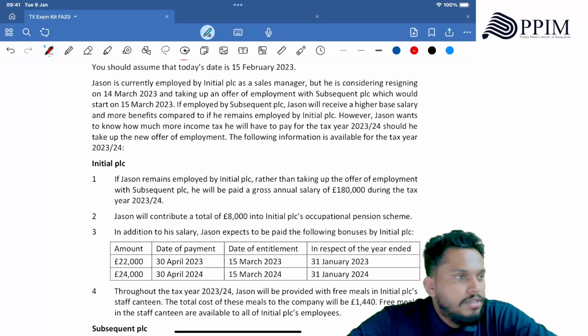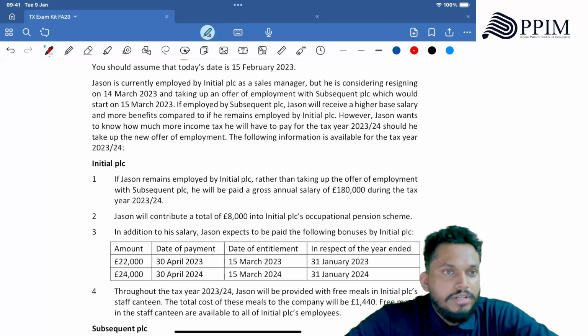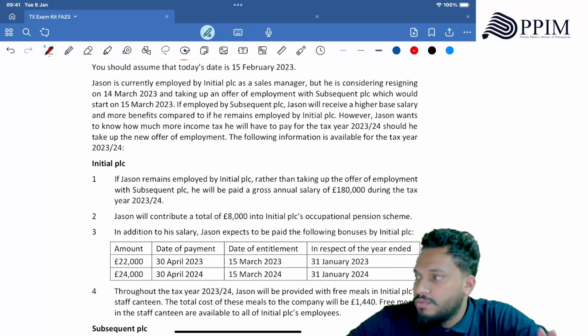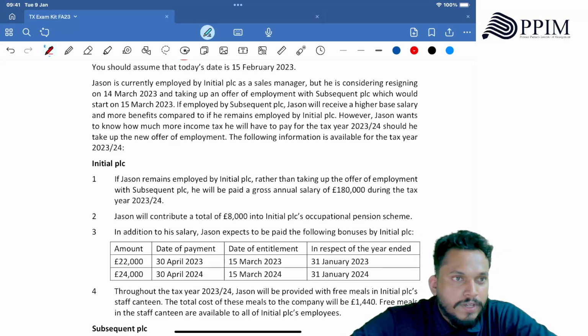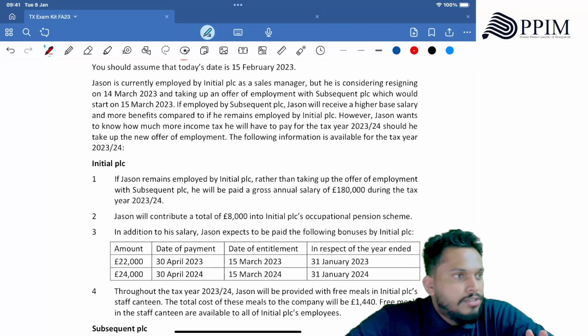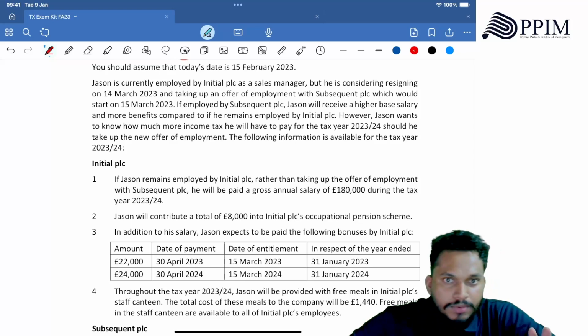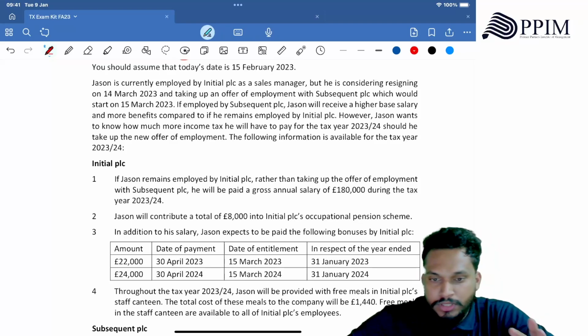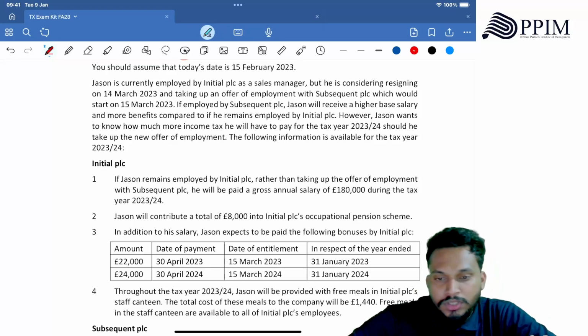Done with Initial PLC, or you're just browsing through? First, we'll go one by one. Did you understand this question first? Read, everyone? Enough reading time, no? So, shall we read it together now? Now, see,